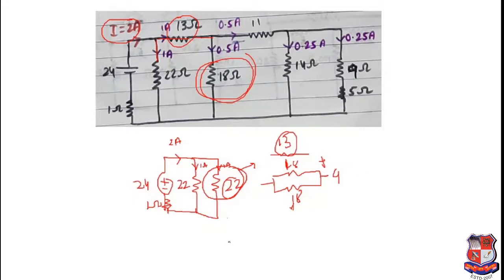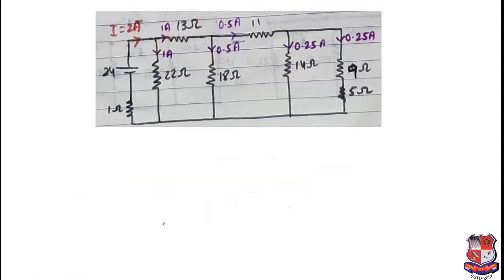So now if you redraw this circuit, what will happen? You will get this 18 ohm which was already present, and the other 18 ohm is divided into two parts, that is first is 11 which was already given in the circuit, and the other is 7 ohms. That 7 ohm was got from two 14 ohms which were connected. Remember this 14 ohm we got from this 9 and 5. So this is the reverse process which we have solved. We solved from here and we approached till here. Now we have to go from here and till here.